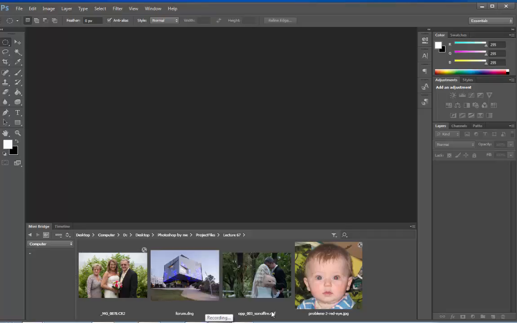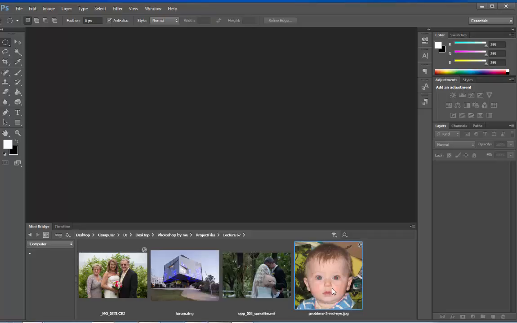But this does not mean that you cannot use Camera Raw with the JPEG files. Camera Raw can add some really interesting effects to your image faster than Adobe Photoshop. Today I will show you how to create vignette effect using Camera Raw. For demonstration purposes, we will work with this JPEG file.